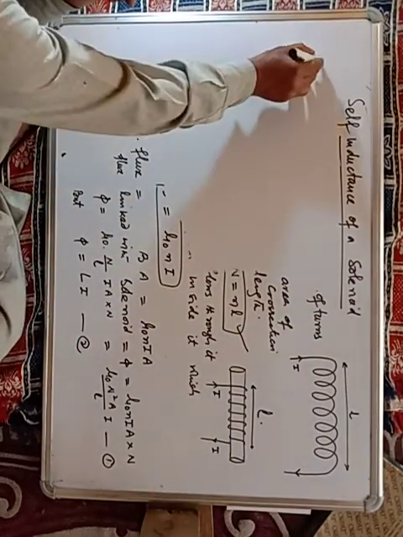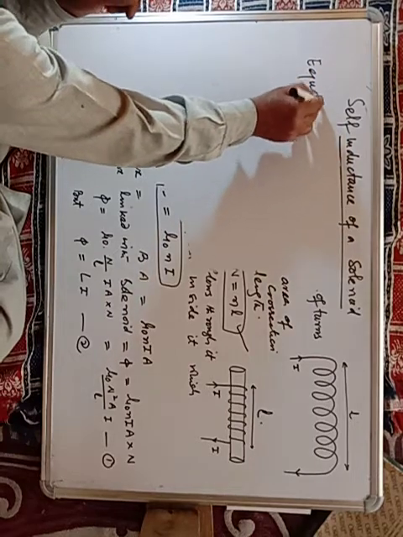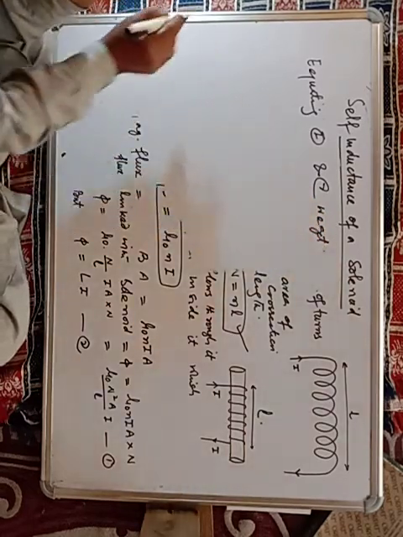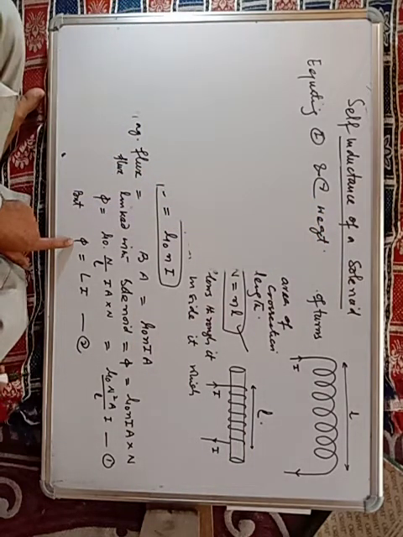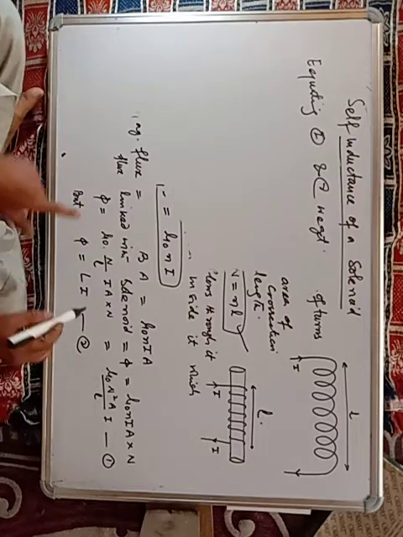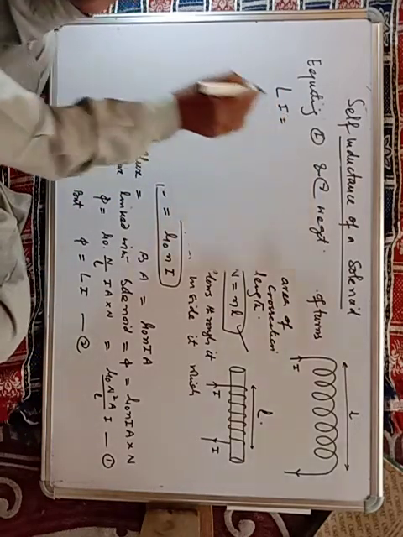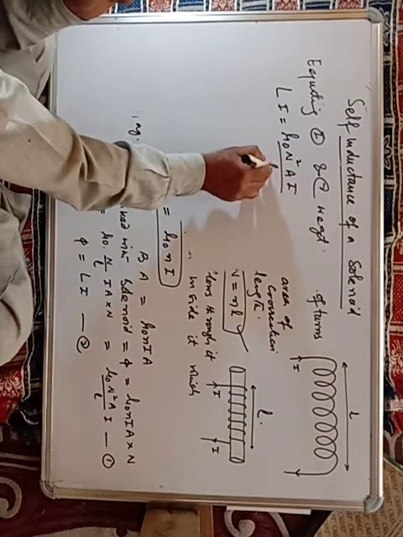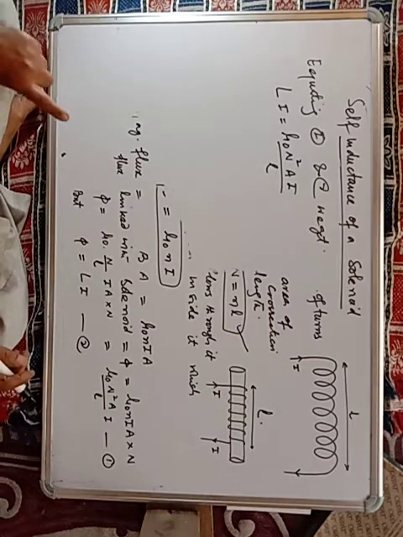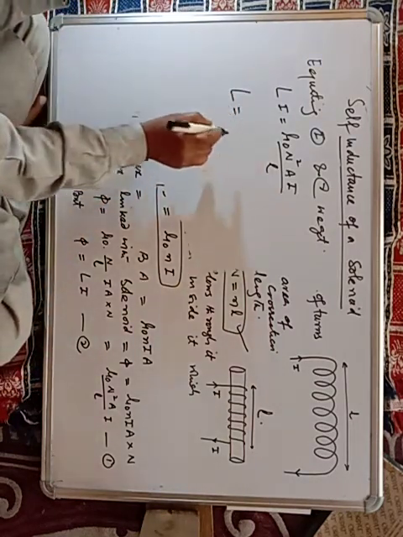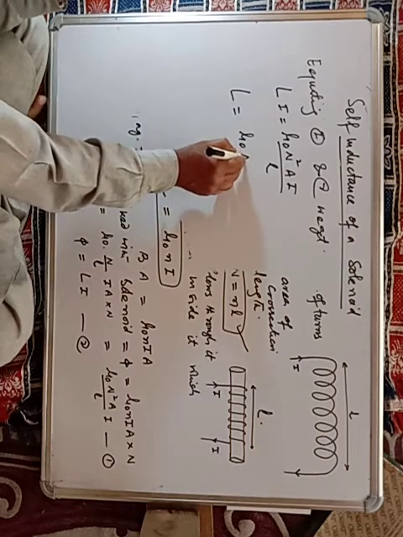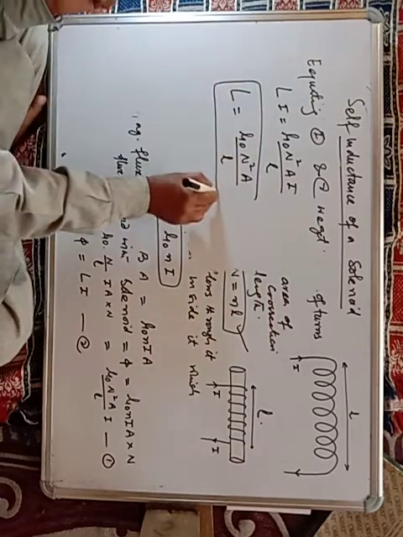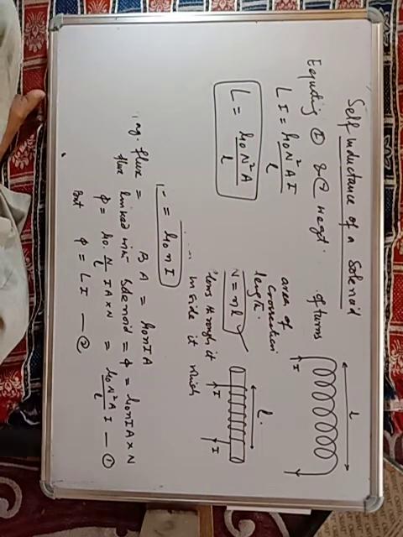Equating first and second we get phi here and phi here. So we can write here Li is equal to mu naught n square ai divided by L. So here I and I will cancel. So you will get here L is equal to mu naught n square a divided by L. This is the expression for the self-inductance